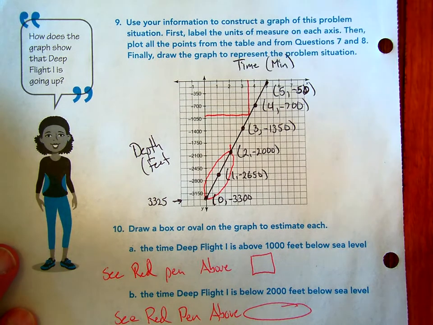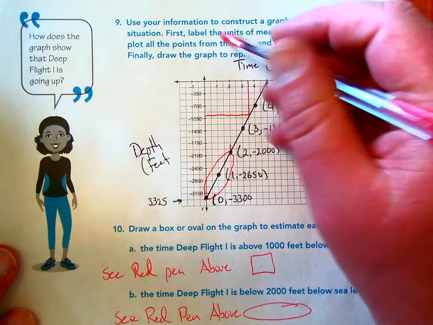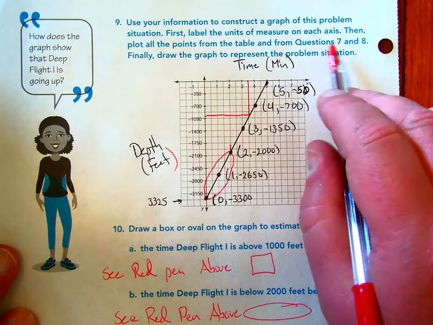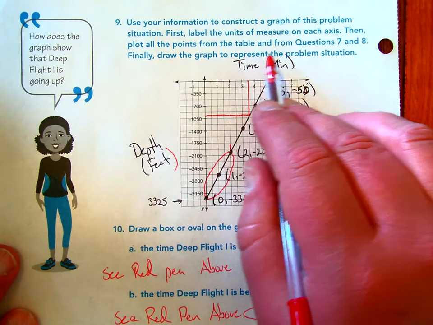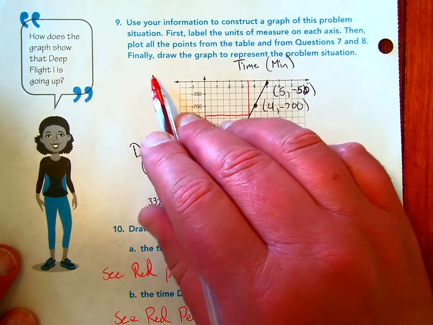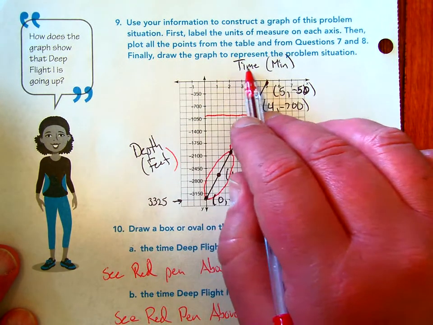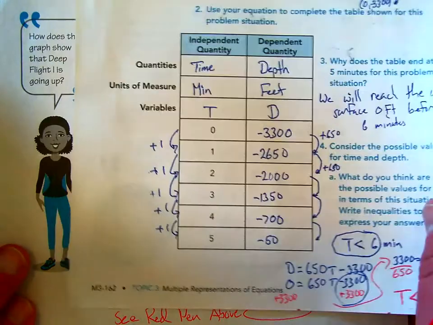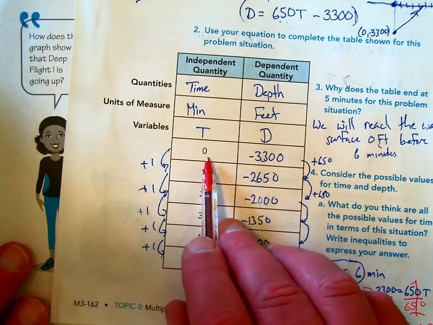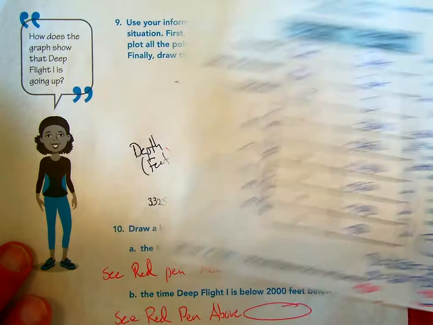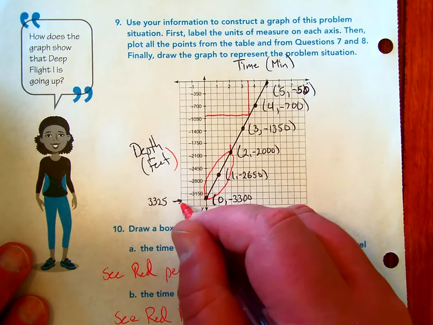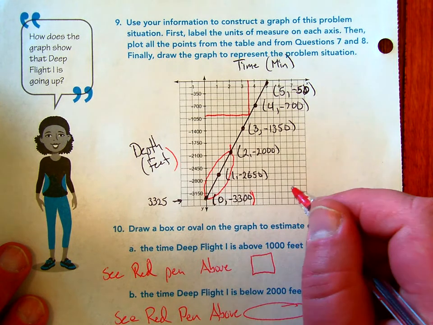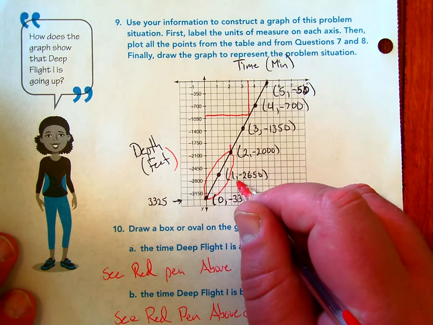Use the information to construct a graph for this problem. First, label the units. I put in my units, depth in feet, time in minutes on each axis. Then plot the points from the table from question 7 and 8. Finally, draw the graph to represent the problem situation. So, the table, when x is 0, when time is 0, depth is 3,300. Well, this line would have been 3,325, so I need to be just a little bit above it. 0, 3,300. And then when x is 1,